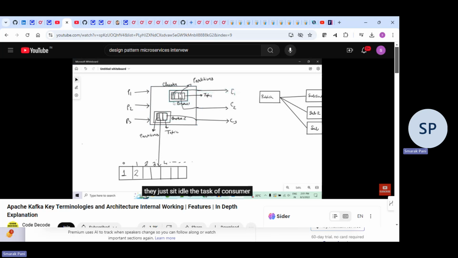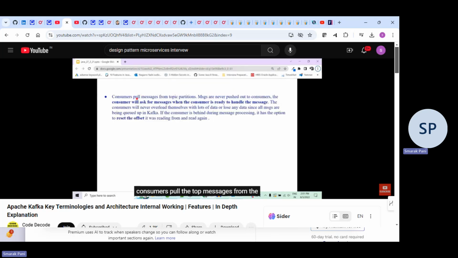They are lazy. They just sit idle. The task of the consumer is to pull the data from the topic. So consumers pull the messages from the topic partition. Messages are never pushed to consumers, like as we used to do in ActiveMQ, RabbitMQ. Consumers will ask for the message when the consumer is ready to handle the message. The consumer will never overload itself with lots of data and does not lose data, since all messages are being queued up in Kafka. If the consumer is behind during the message processing,